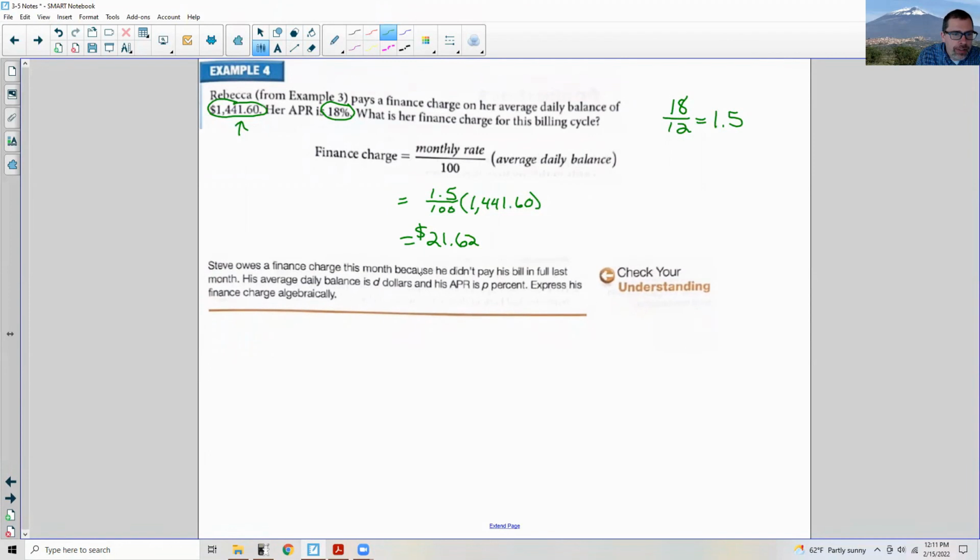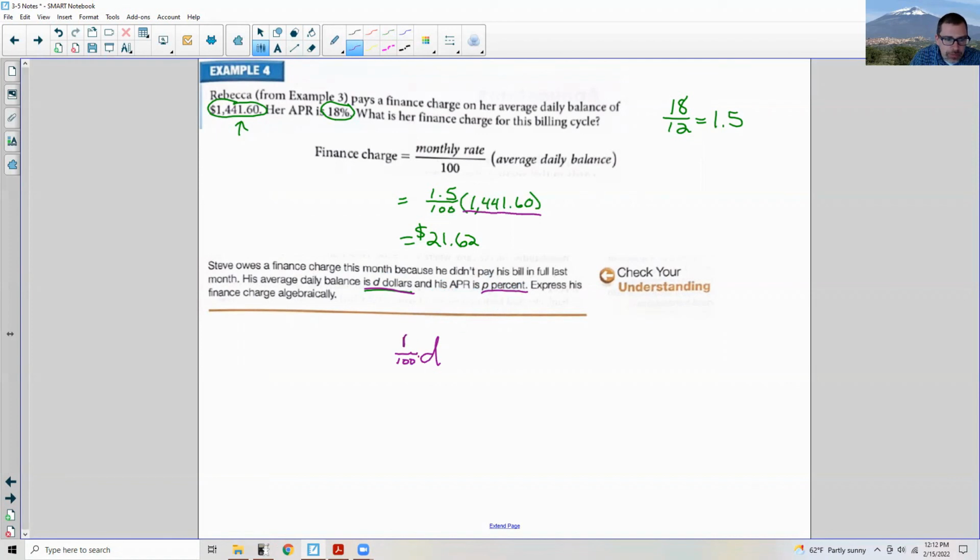So now it says Steve owes a finance charge this month because he didn't pay his bill in full last month. His average daily balance is $D. And his APR is P%. Express his finance charge algebraically. Okay, so the average daily balance is what we're multiplying by, is $D. So it's D, and there's going to be something over 100 times that D. And his annual percentage rate is P%. So we have to take that P%,